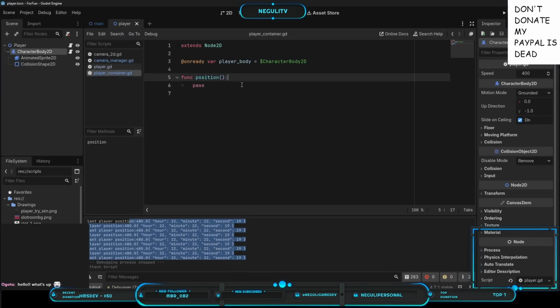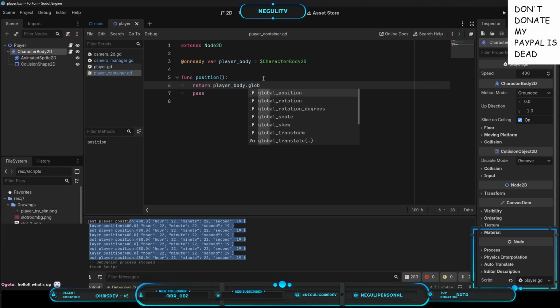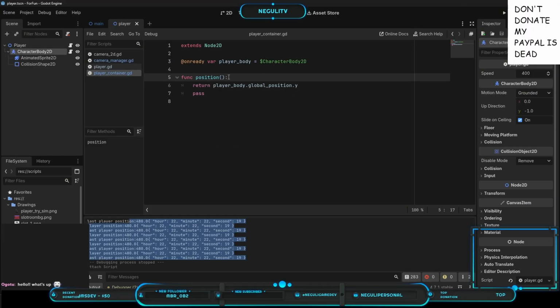I think it works just like in C#. Call it Y position. Now we go back to